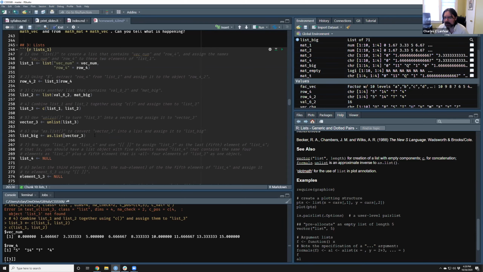You'll see an applied example in week 6 when we use lists to run a whole bunch of regression models and plot results from all of them at the same time. When you do something like that, each regression model result will be an element of a list, and then you'll iterate across all the elements of the list to do plots, and cross-validation is actually the example I'll do in week 6. Could be common, but you could also escape almost ever working with lists in your R career if you really wanted to.